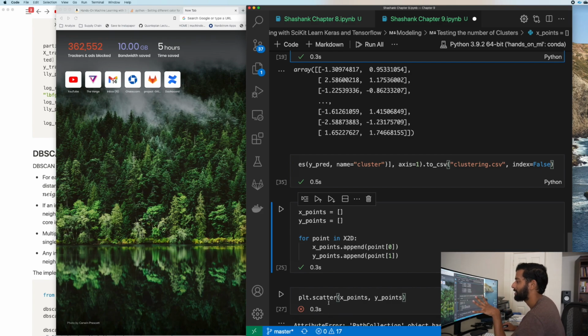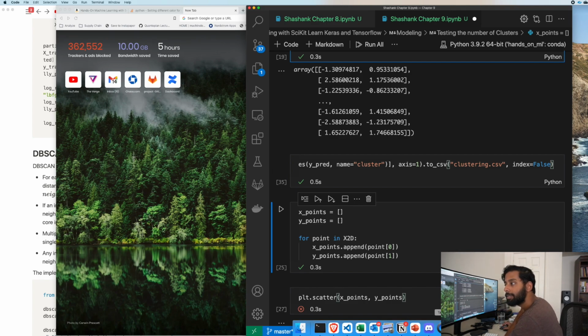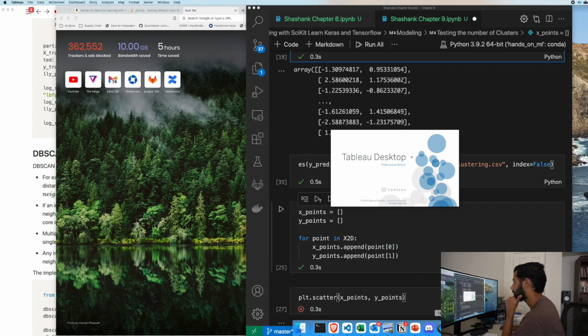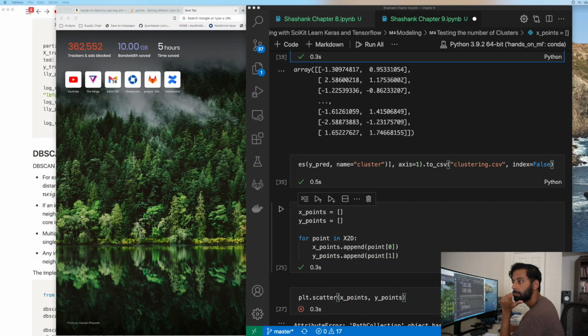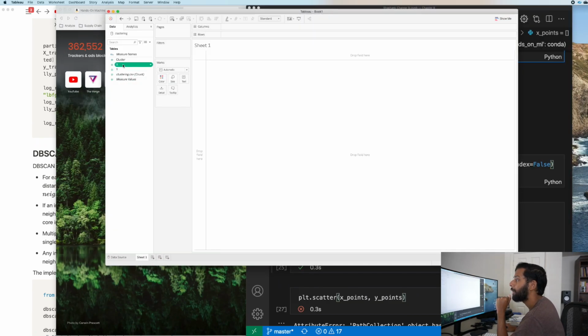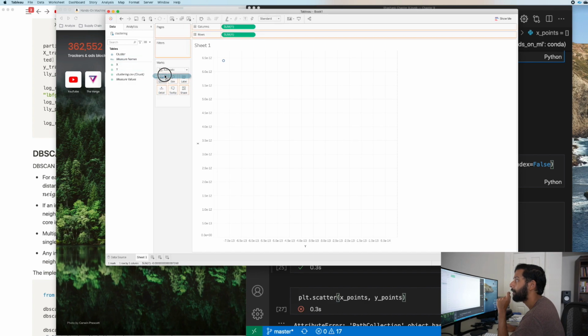It'll take a second to launch. All right, so we have our data over here, X, Y, and then let's put cluster over here, and put that under colors.